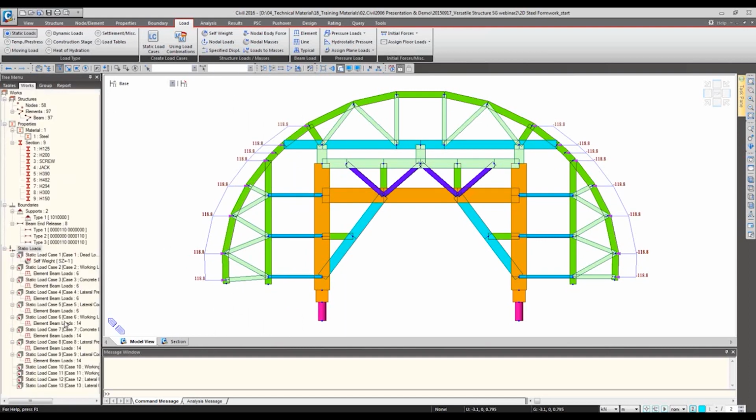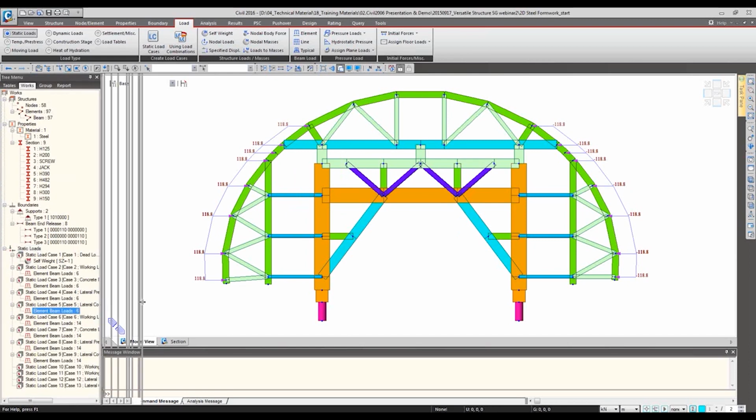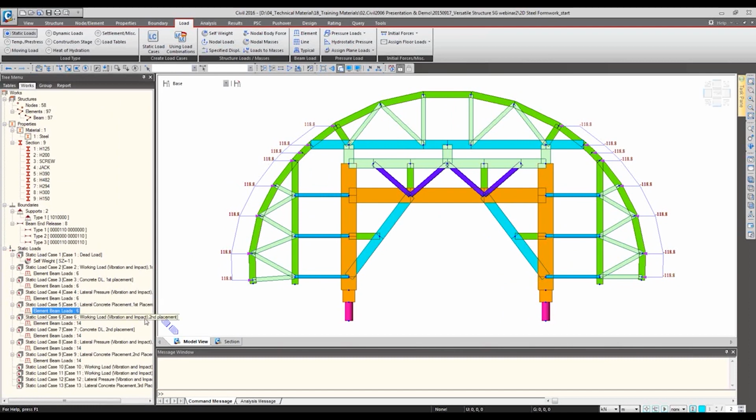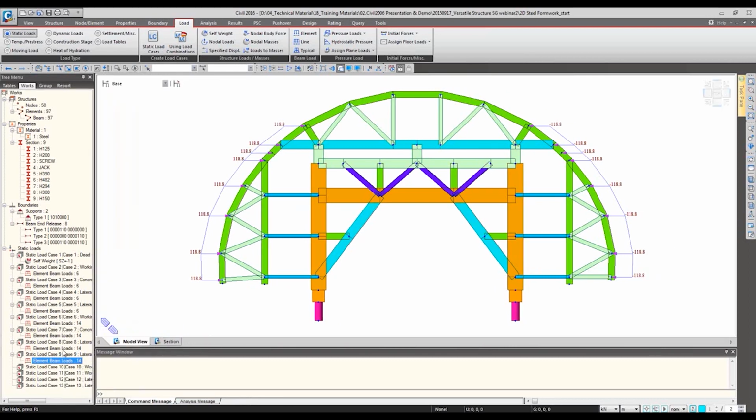So the second placement loading has been all applied with these 4 sets. So the second placement for the vibration and impact, concrete dead load, and lateral load, vibration and impact, and the concrete placement load in the lateral direction. These were the second placement loading. Finally, for the third placement loading, we can specify